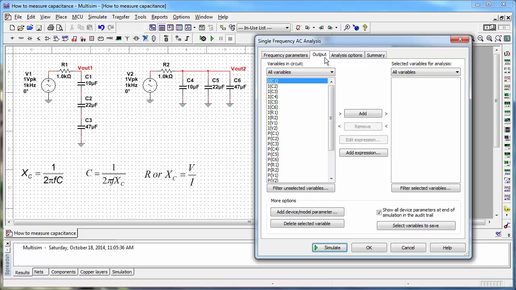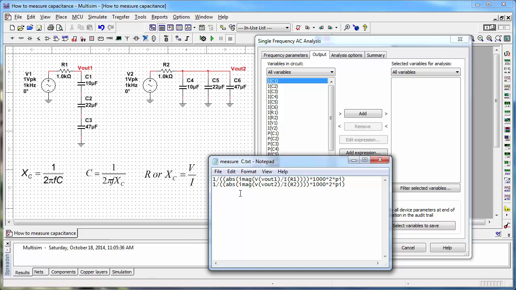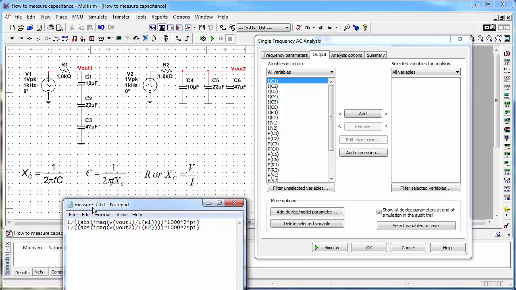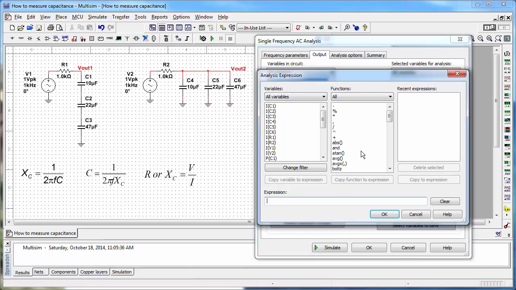Our output voltage, or our output expression, we're going to use a relationship that I've already got printed up here, which basically says the same thing as this equation, but plugging in voltage and current for X sub C, putting in the frequency of 1000, and then multiplying it by the 2 pi. So we'll take this expression, come up here and simply add the expression,